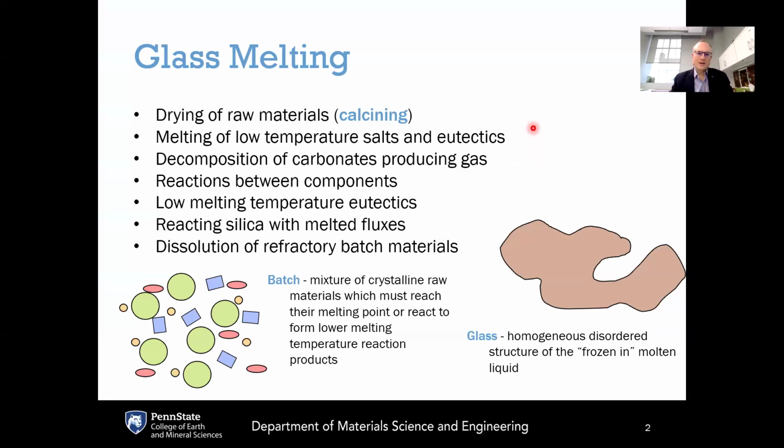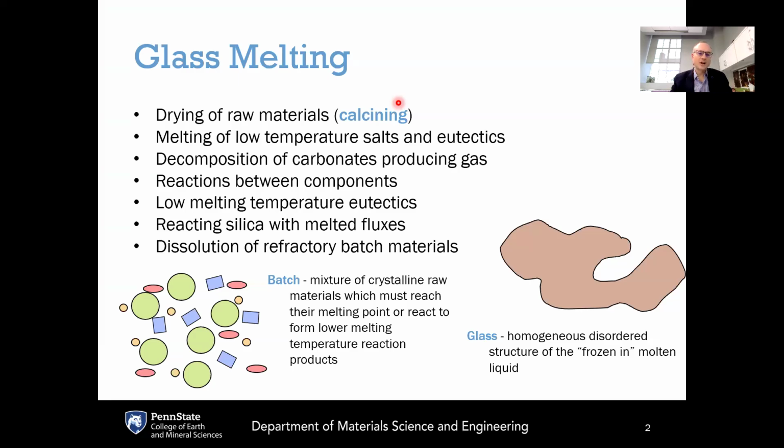Now, when we consider glass melting, there are various processes that take place. When we say glass melting, there's a whole lot of different components to that. One of them could be drying of raw materials, which is called calcining. If you have any batch materials that are wet, or if they have either physisorbed or chemisorbed water, if there's too much water, that can actually lead to foaming behavior if these hydrated batch materials are put into your glass melting tank. So in that case, it is important to have the batch materials undergo a calcining process first, which